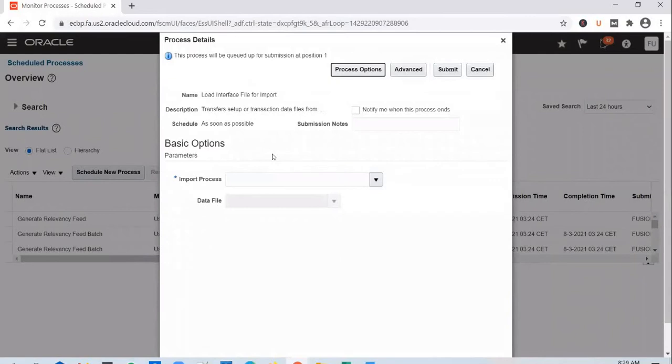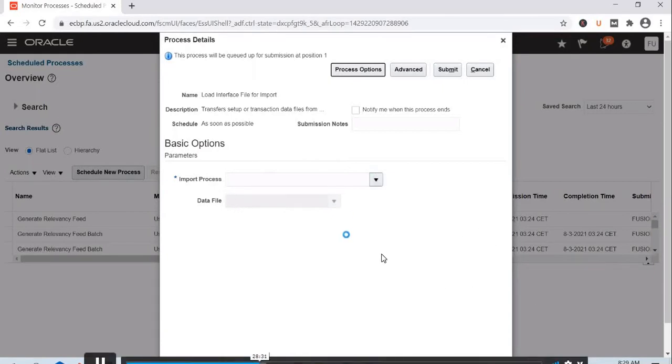And it has 2 parameters. So since it is a common loader job, you need to select the import process so that it knows what it is that you're trying to import. And it will identify the interface tables based on the import process, and it will dump the data from the data file into those interface tables.